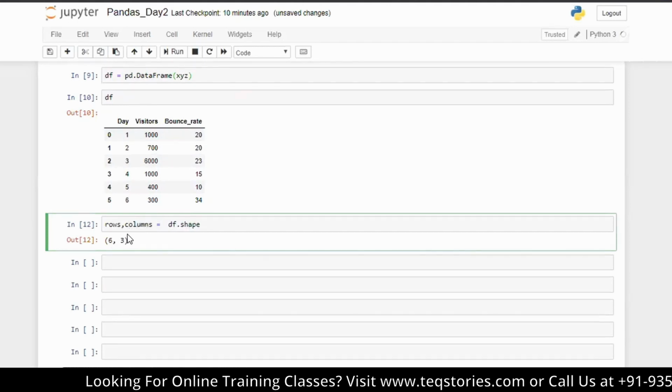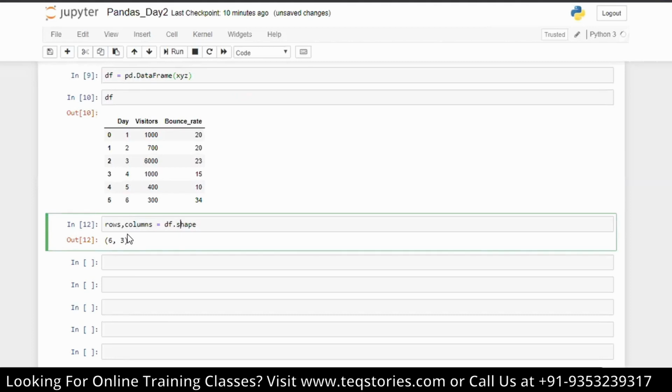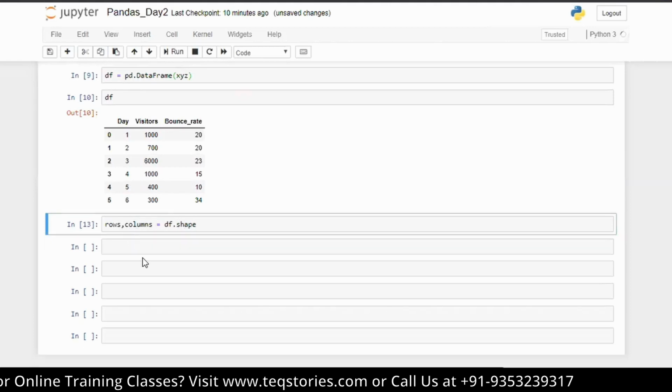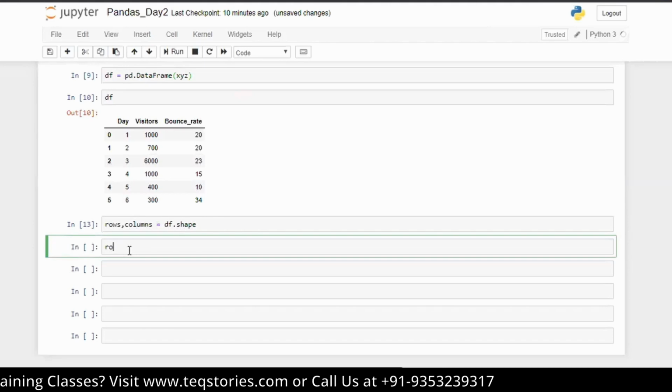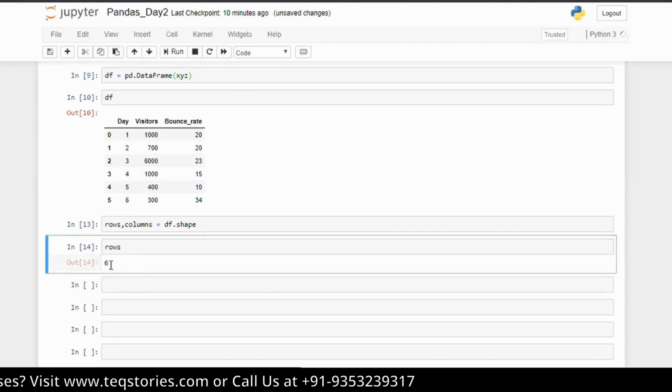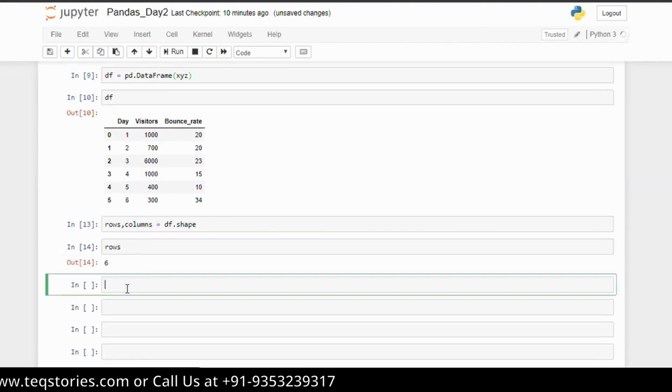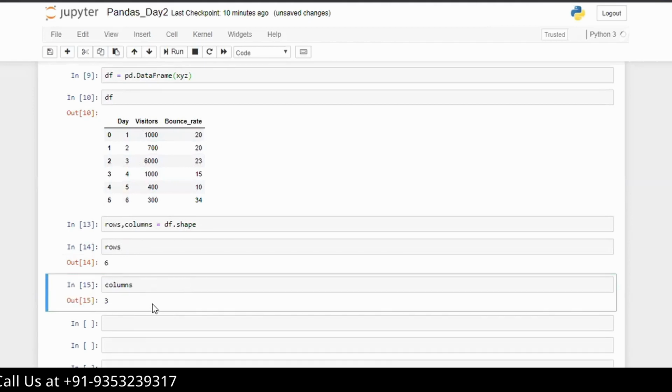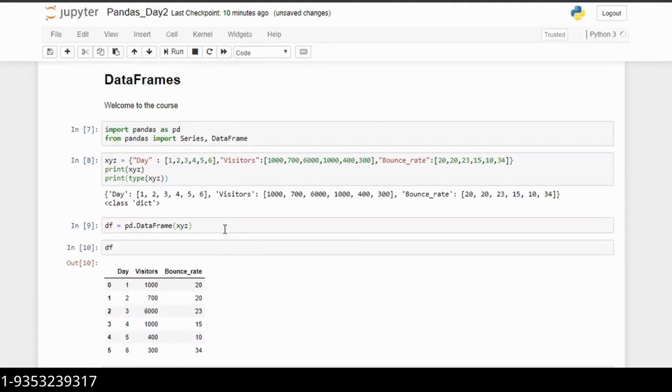If I give rows, columns equals df.shape, you will get those things in a single format. If you want only rows, you will get rows, and if you want only columns, you can get columns there.